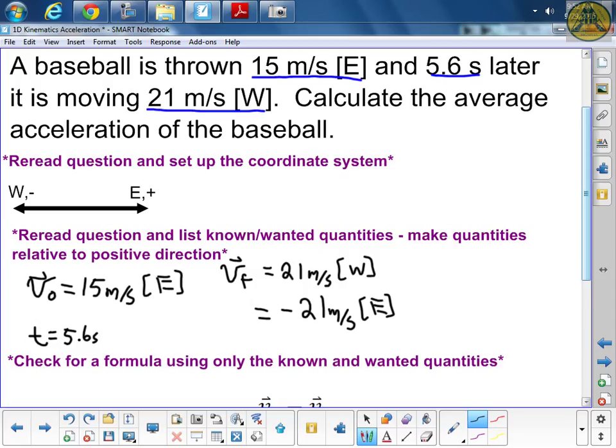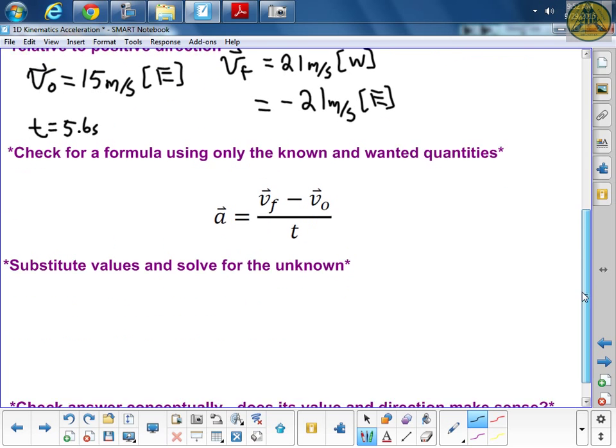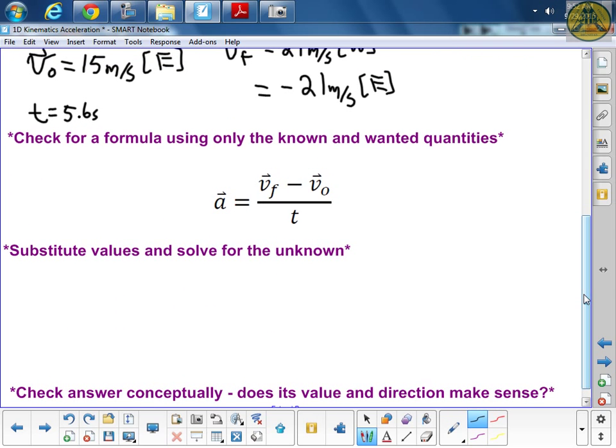Same formula we've been using for a while, acceleration formula, change in velocity over time. And so now let's put the values in and figure it out. So acceleration is going to equal final, which is negative 21. That's a little bit different. We didn't put a negative number in before. Subtract the initial, 15, divided by 5.6. So the change in velocity is negative 36 meters per second if you were to put the units in,